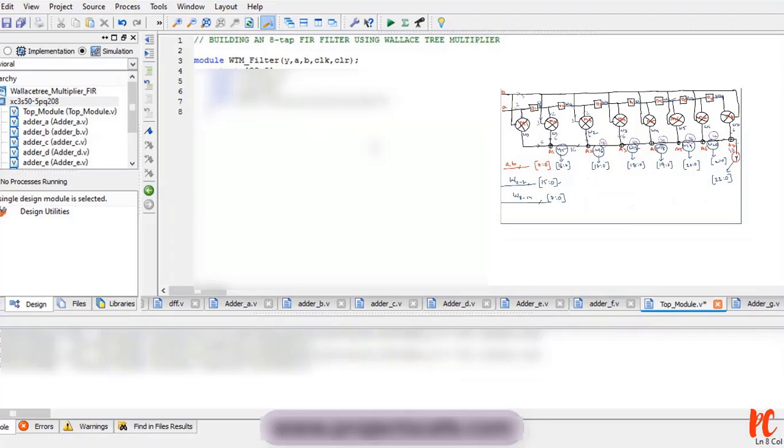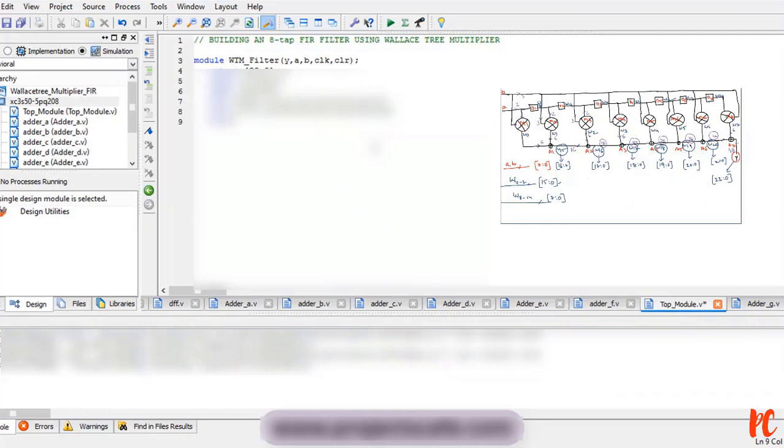Similarly, one more wire constraint we are taking, ranges till 8-bit, starting with W8, W9, W10, W11, W12, W13 and W14.